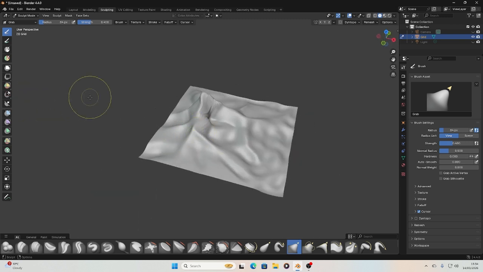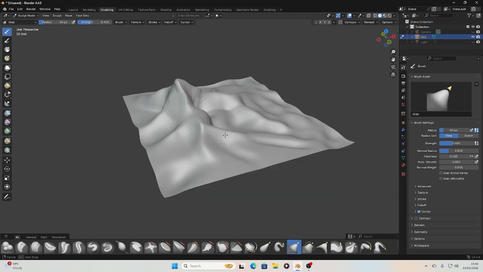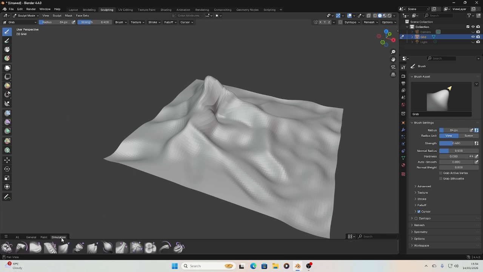Remember, these videos are designed for sort of 11 to 14-year-olds who are doing Key Stage 3 at school, so we're not going to spend hours trying to perfect and loads of detailing. And from here, what we're going to do is do some cloth simulation. Now, if you scroll down in this window here in Blender 2.9, you're going to look for a purple sort of cloth. In this one, in 4.4, we're going to go to simulation, where there's a few more tools, and we're going to find